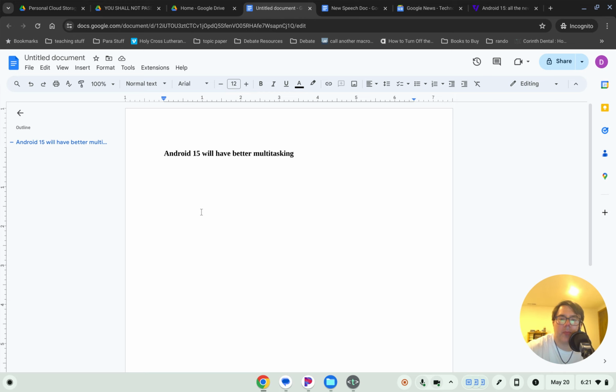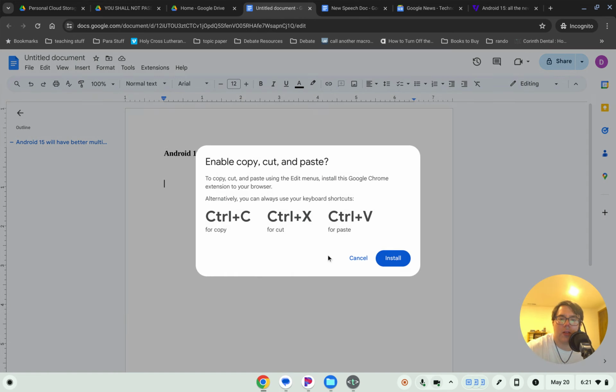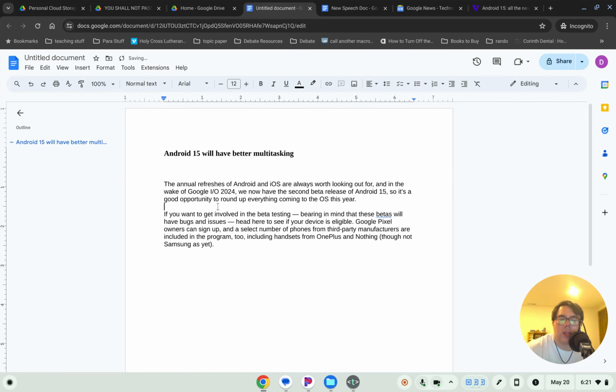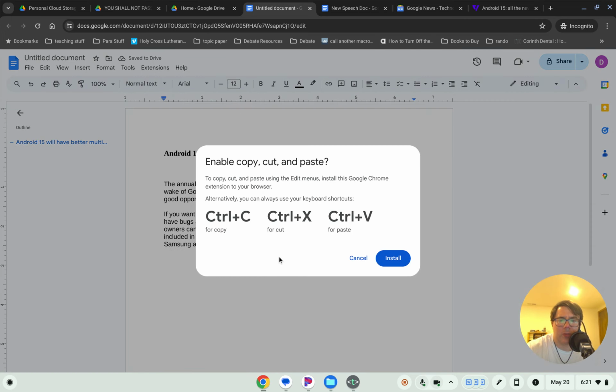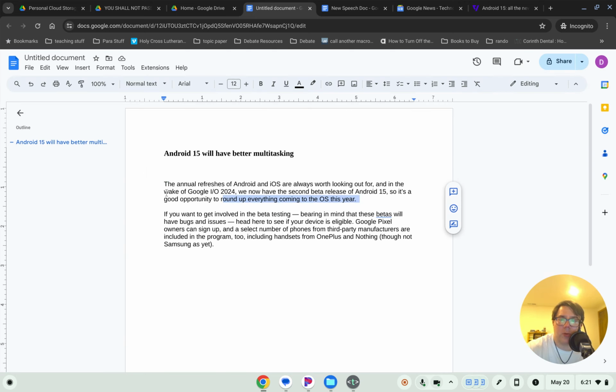Okay, so don't right-click on it. Okay, it just wants me to use the keyboard shortcut, so point is,